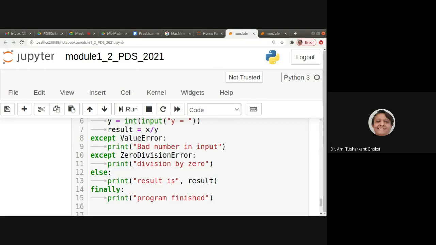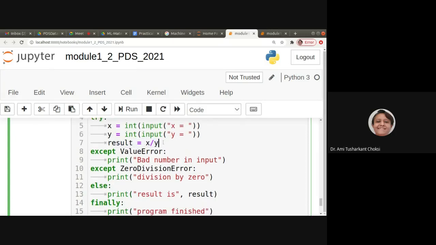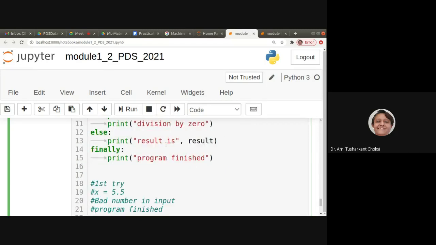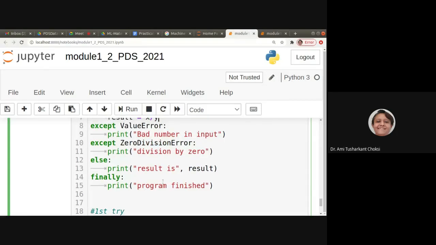Then after you have dealt with multiple exceptions, you can say it is else. So if no exception is there, then what to do? In this program, a very simple thing we have done is we are printing that the result is result, because all the things will run fine. Now after all this is done, we want to have finally, program is finished.